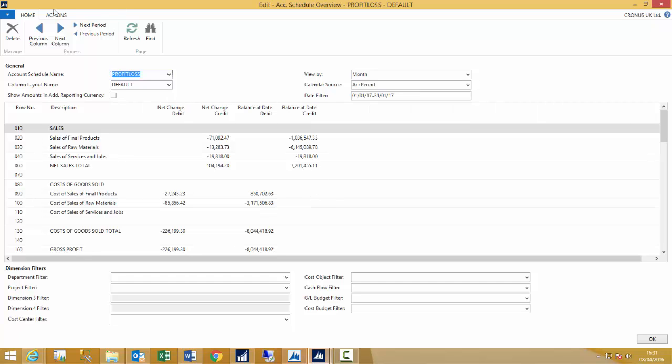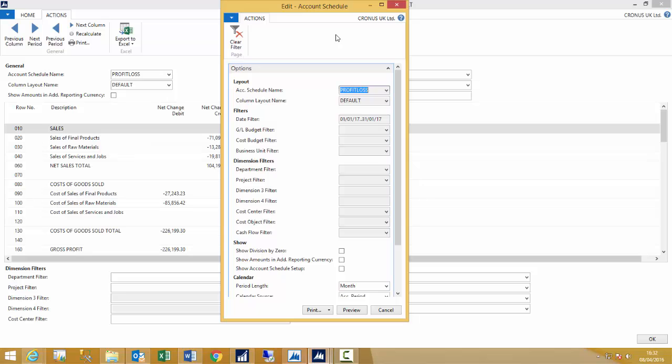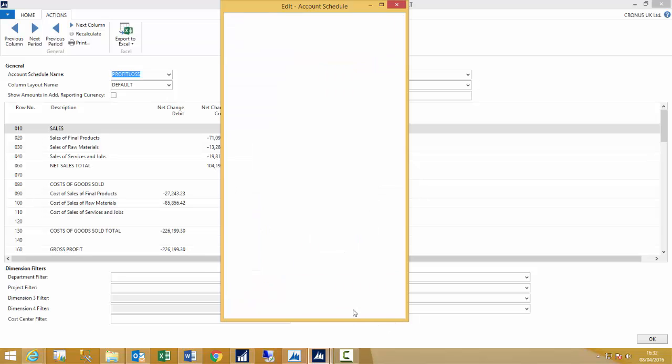What I'd like to do now though is, from a printing point of view, I'd like to show you what the result can look like, so that then we can create our own account schedule and incorporate some of the various criteria to give the report layout that we want. So just simply go to print. Because I'm in the overview, my dialog box is already set to the settings as per my account schedule. So I will simply go to preview,